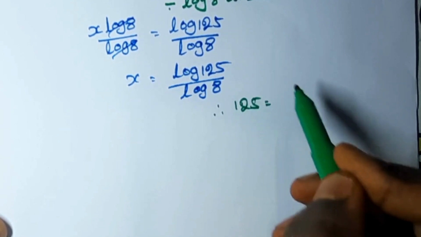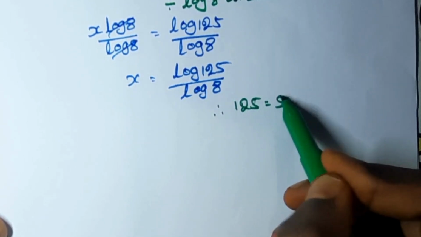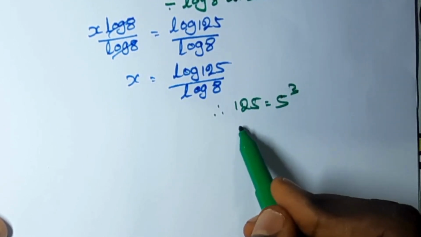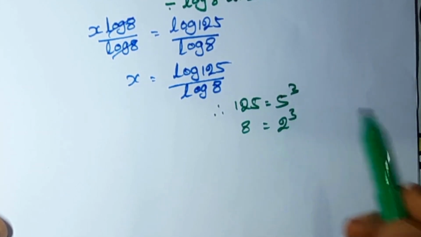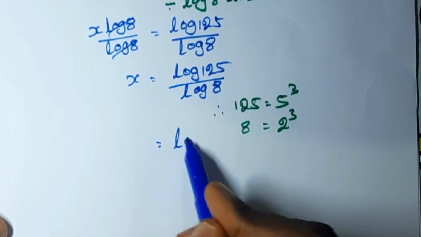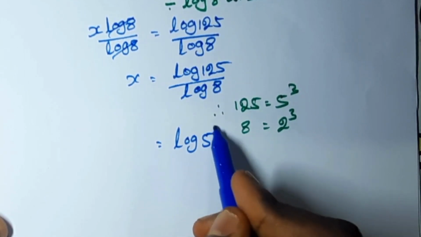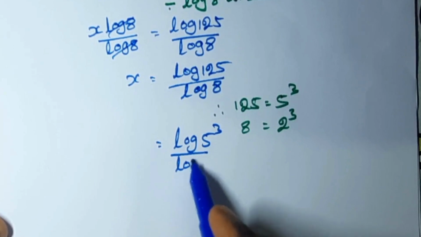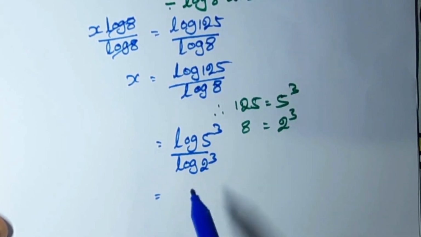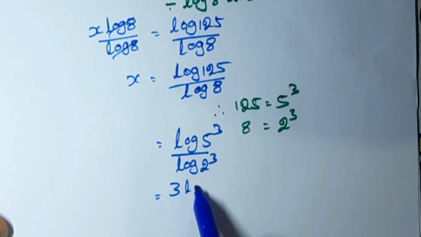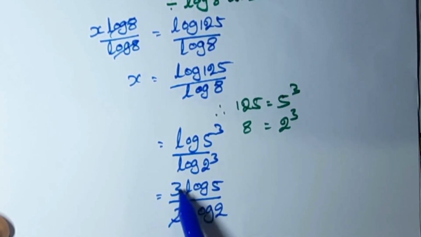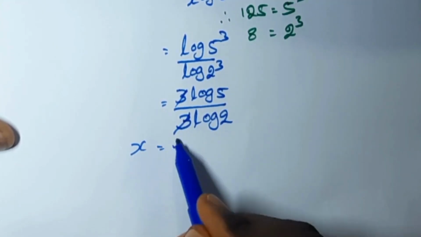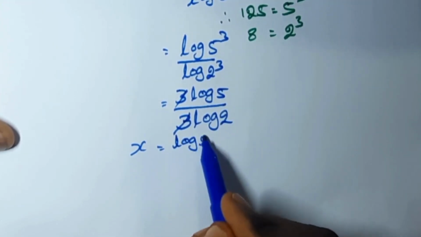125 equal to 5 to the power of 3 and 8 equal to 2 to the power of 3. Applying here, log 5 to the power of 3 by log 2 to the power of 3, which is 3 log 5 by 3 log 2. This cancels this. Now x equal to log 5